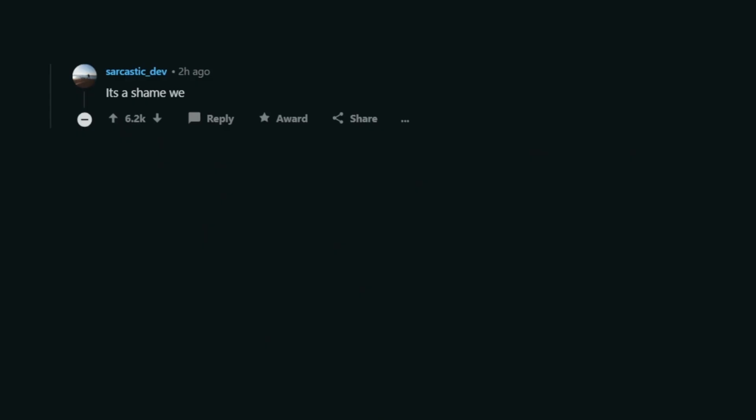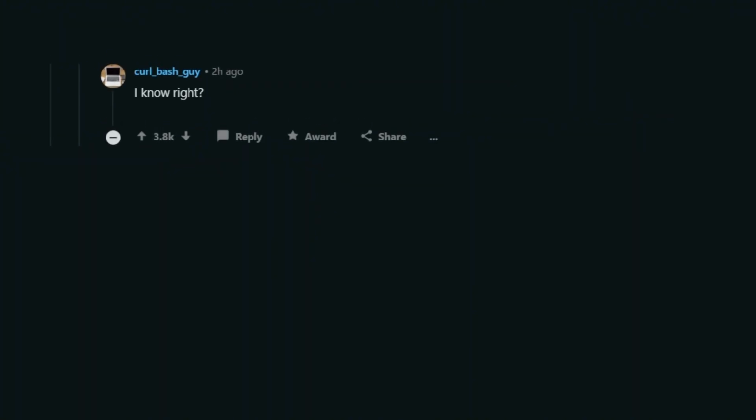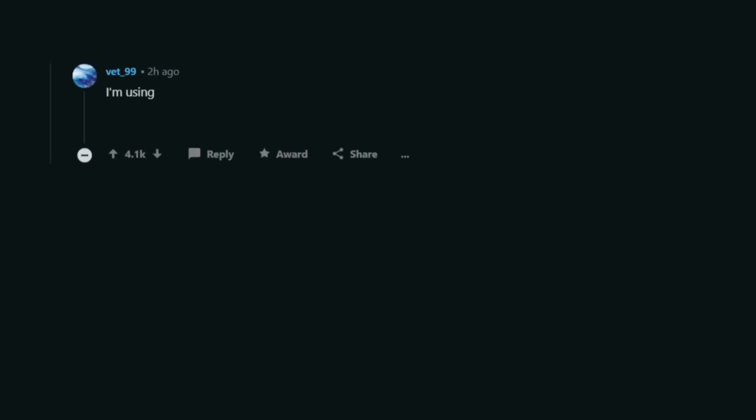It's a shame we can no longer run random code from people anymore. What has this world come to? I know, right? Anyway, this installation guide says you should dump into bash whatever comes from this curl here. I've been using the internet since '99. I can't remember a time we could safely run random code on the internet.